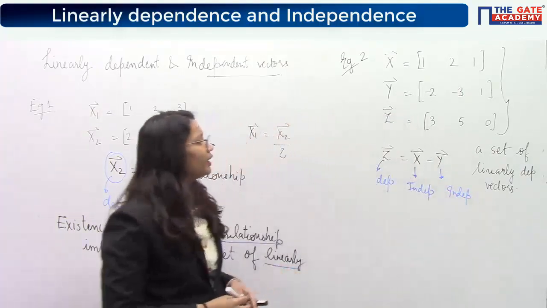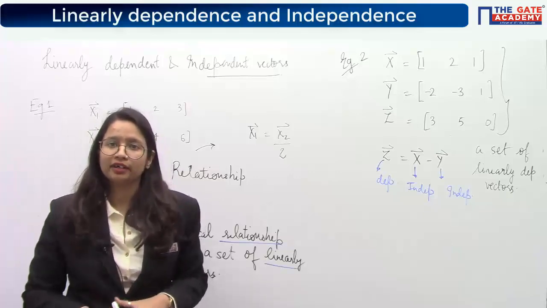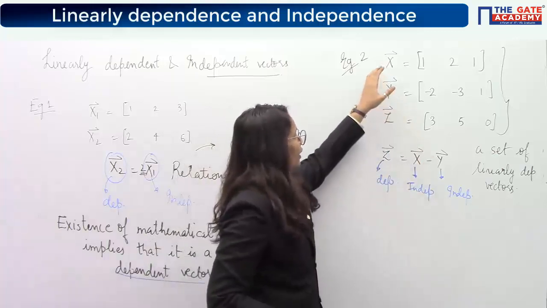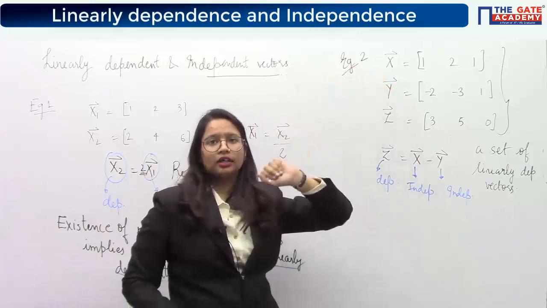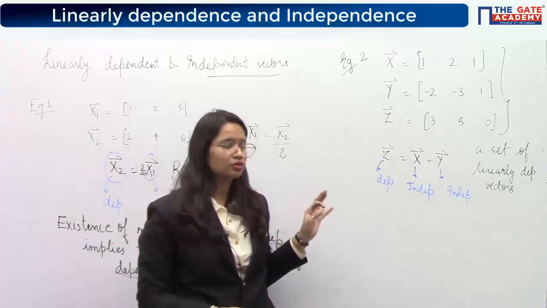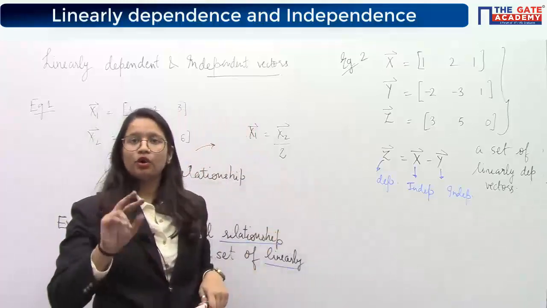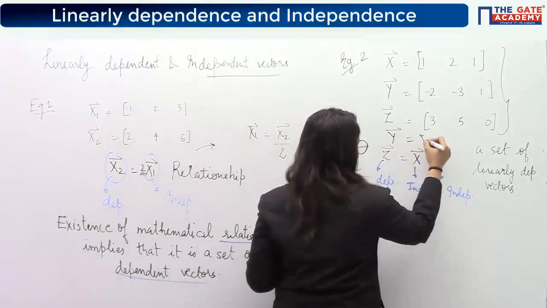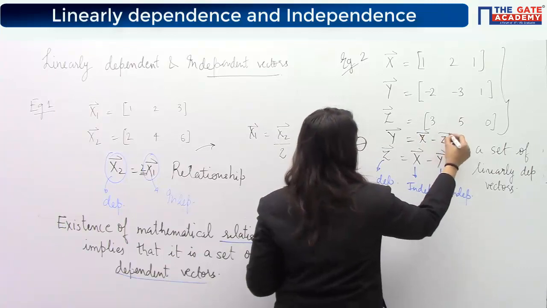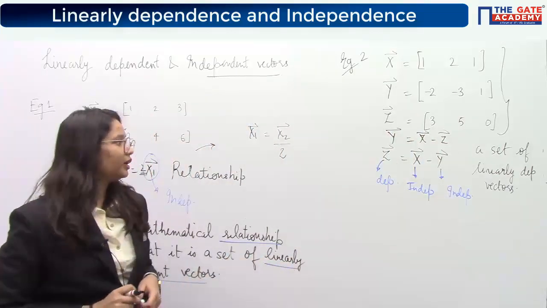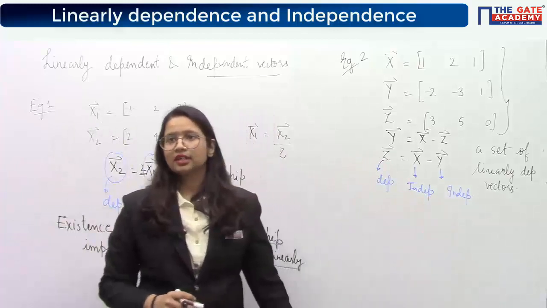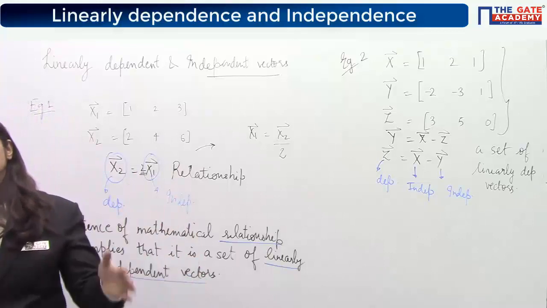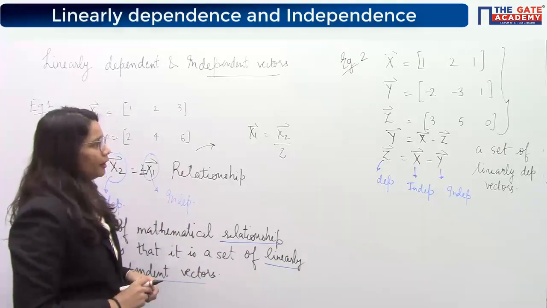So if I ask you, in this set of linearly dependent vectors, how many are linearly independent, then you will say any 2 of these are independent. Yes, any of these 2 are independent. If you change the relationship like this, then your x and z will become independent. If you write it in the second way, then your x and y are independent. Understood this point or not? One will always be dependent and the rest of the 2 will be independent. Okay.